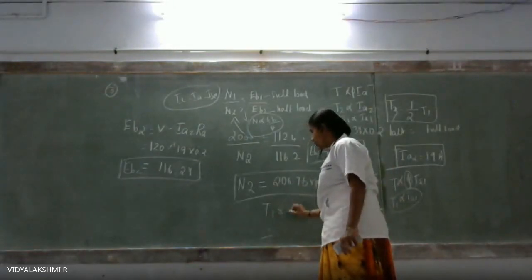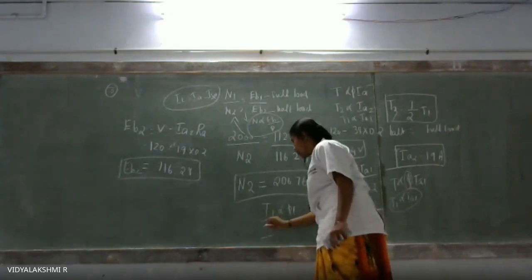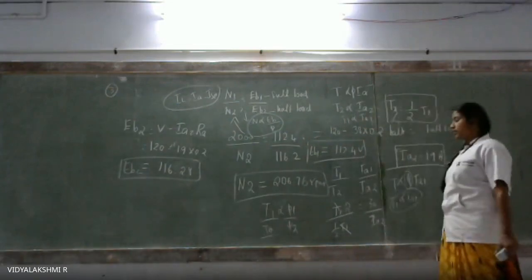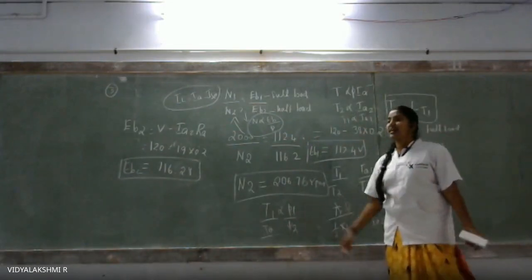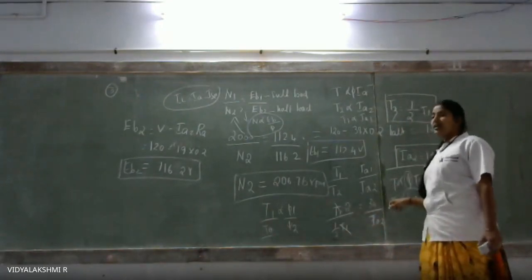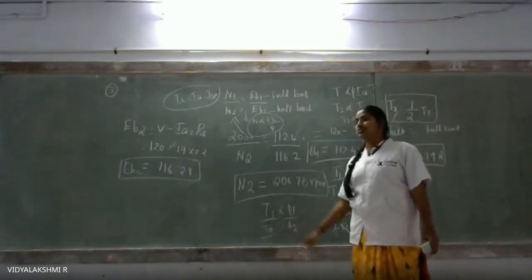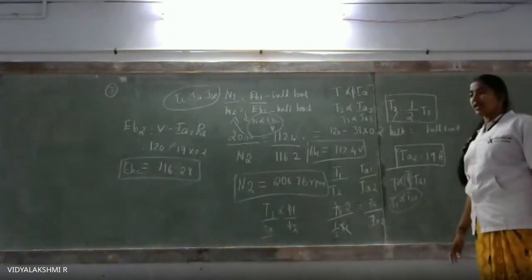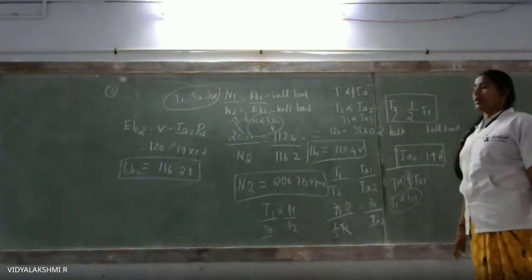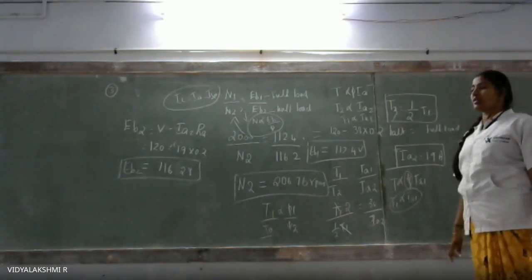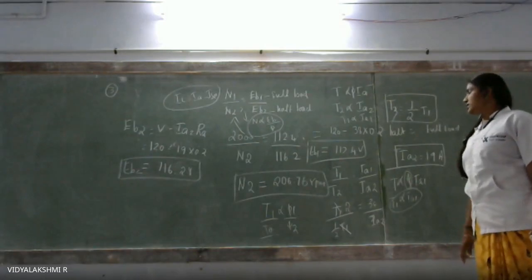Then you can use T1 is equal to phi 1 IA1 and T2 is equal to phi 2 IA2. Depending upon what they have given in the problem, you can choose the relevant expression. If they ask to find out IA or phi 2, you can use this formula. The basic formulas are T is equal to phi IA, and N is equal to EB by phi. If you know the concept, you can easily substitute and solve the problem. Any doubt regarding the problem?